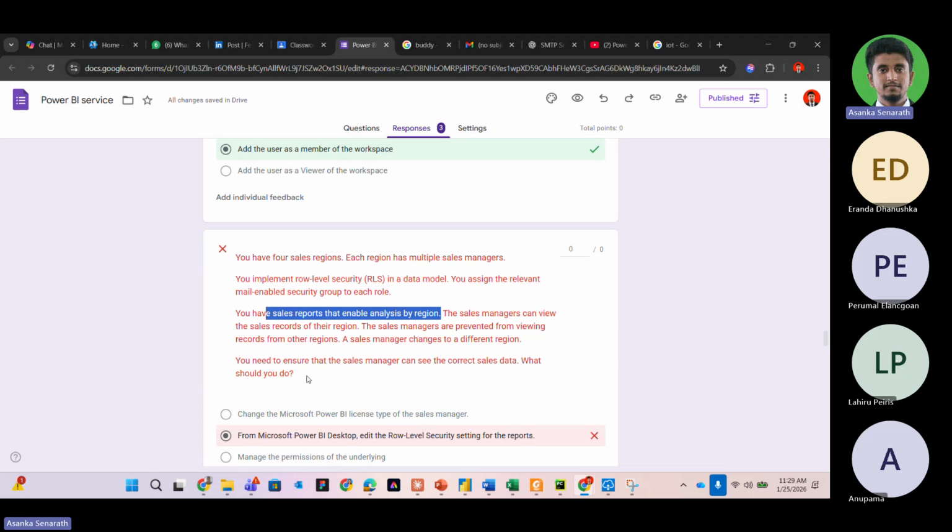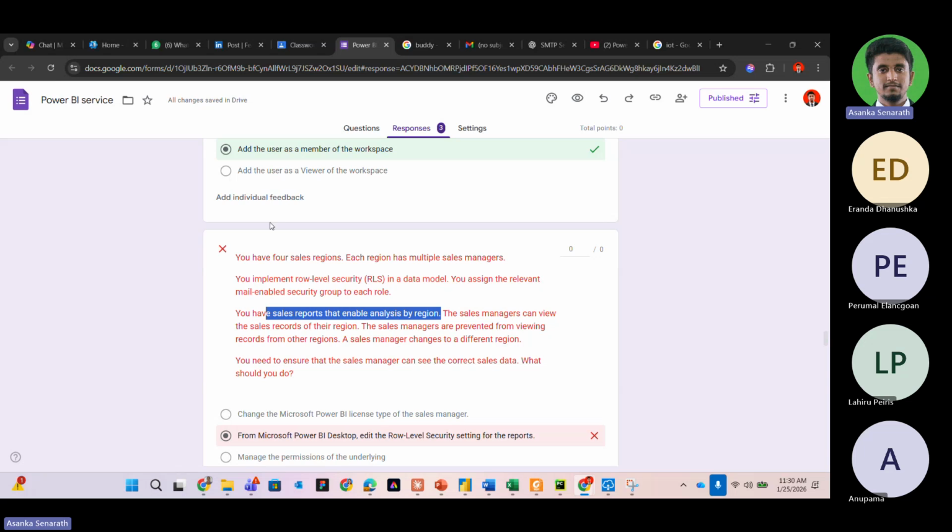What you should do. So imagine there's this company. This company we have a sales report. In this sales report, let's say this company has 3 branches, one in Jaffna, one in Colombo, one in Kandy, right? So let's say in the Colombo, there are 5 sales managers. Kandy, there's 5 sales managers. Jaffna, there's 5 sales managers. One sales manager in Kandy, he has been transferred to Colombo, right? So now what you should do, right?